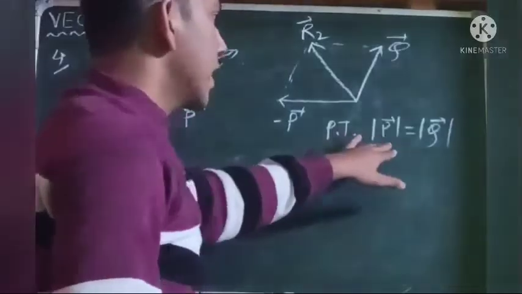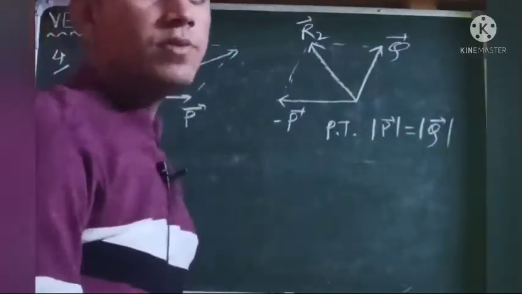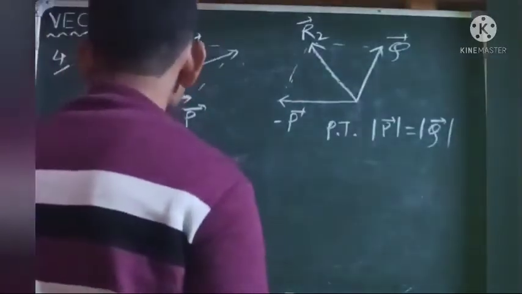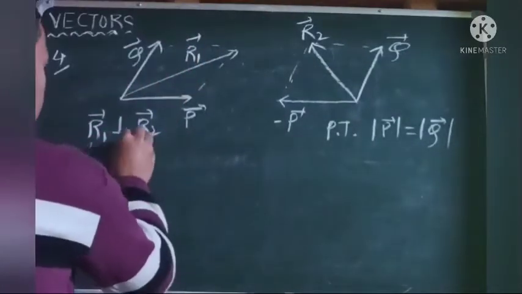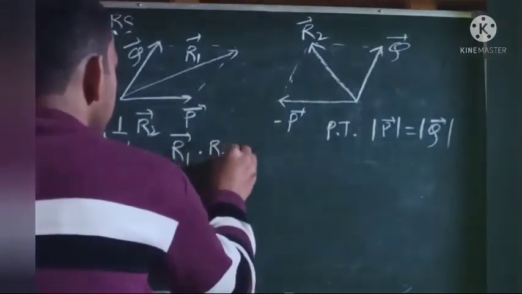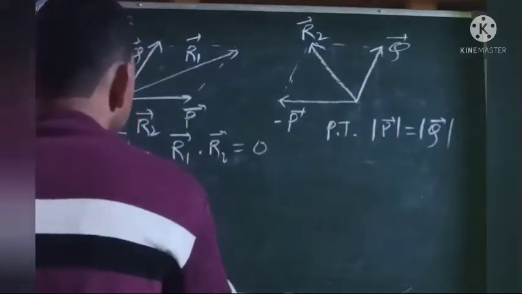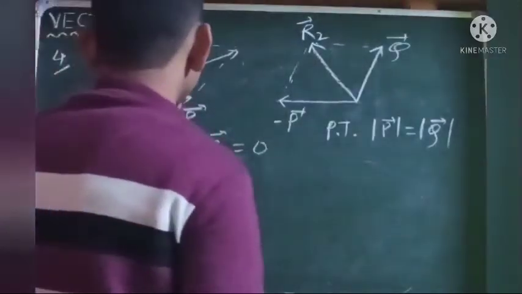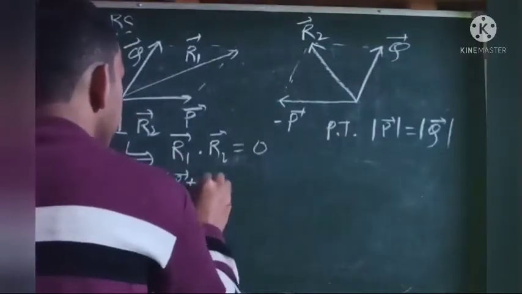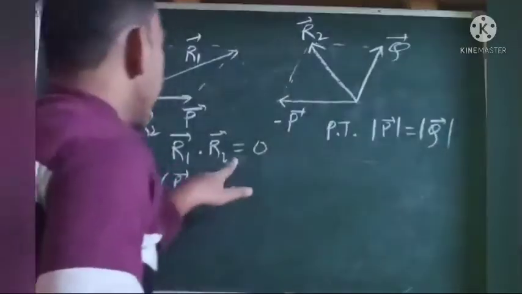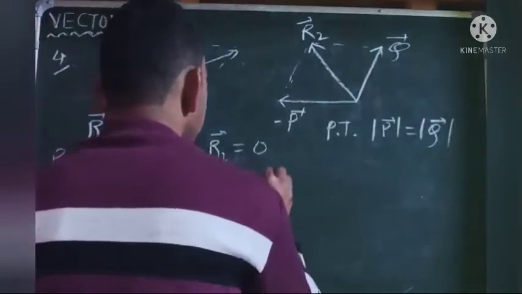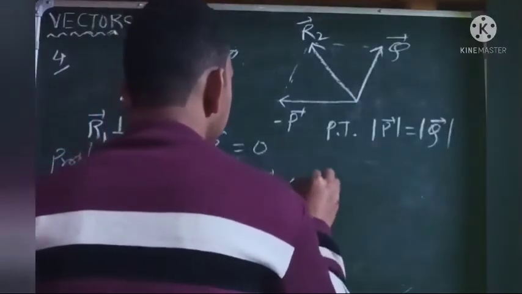That means this is the given statement. Then we are required to prove that magnitude of P vector is equal to magnitude of Q vector. Let's start the solution. Now we are given this condition. From here we can directly write R1 vector dot R2 vector is going to be 0. Therefore, R1 vector is the resultant of P vector and Q vector, so we can write P vector plus Q vector dot R2 vector, which is the resultant of Q vector and minus P vector, so we can write Q vector plus minus P vector